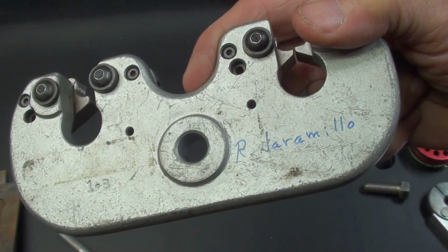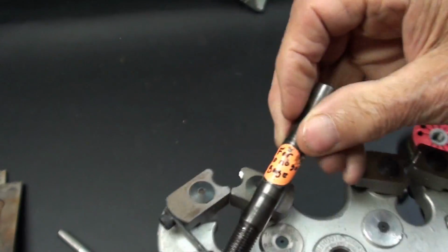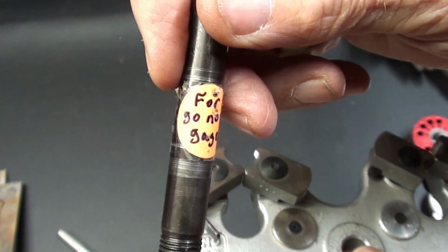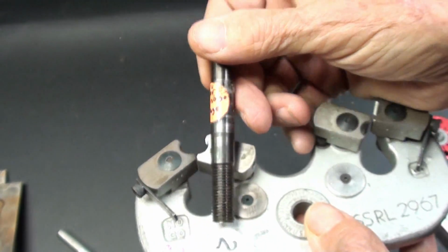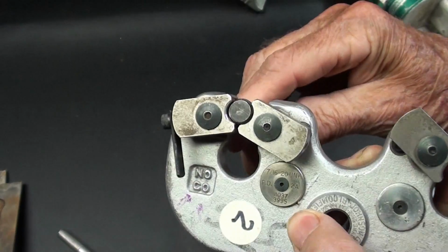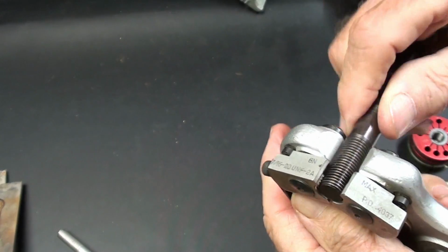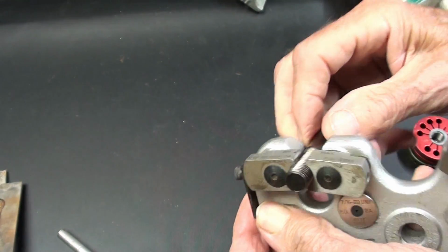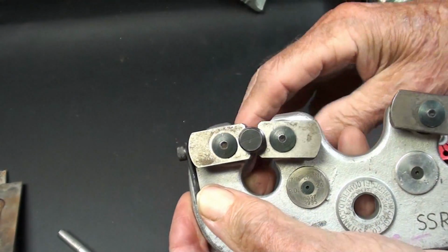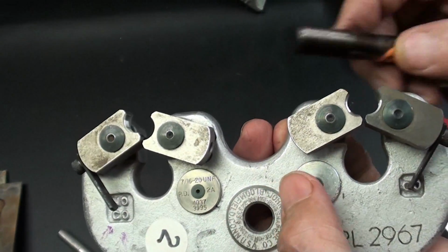Let's get back to this. When Ray sent this to me, he sent this piece also. And it says for the no-go gauge. So I don't know if Ray put that label on there or somebody else. But the whole idea here, this would be real fast to check. And it should not go, to make sure it's in there straight. Notice my finger there. It should not fall through. I believe this is the way it's supposed to work. And then over on this side, which is the go,